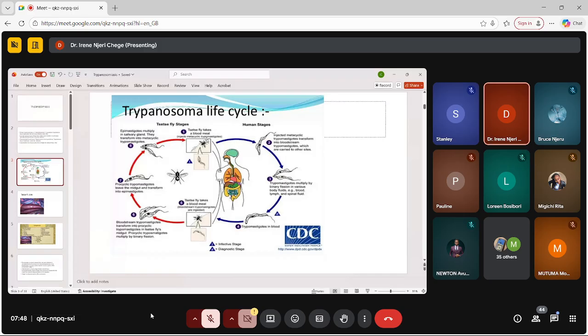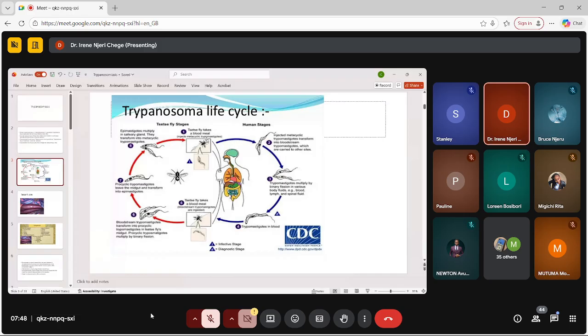So this slide just says that the parasite is entirely extracellular, and early infection is characterized by the presence of replicating parasites. That's what I was telling you. It just keeps replicating, forming long forms, intermediate forms, and short forms. Manifestation of early disease, we've already said we have these fevers, then later on it progresses to other signs and symptoms. Stage 2 is where we have the CNS involvement, and then we have death. So there are two types of the African disease. Remember, we said that the trypanosome,